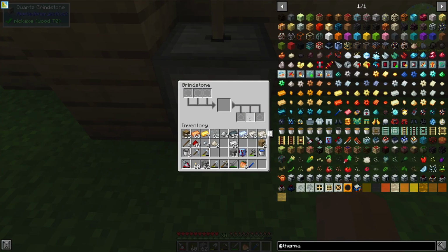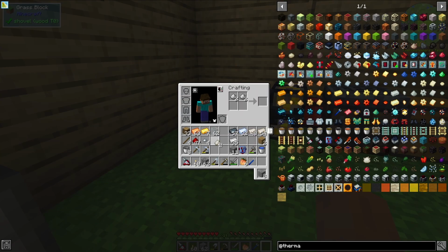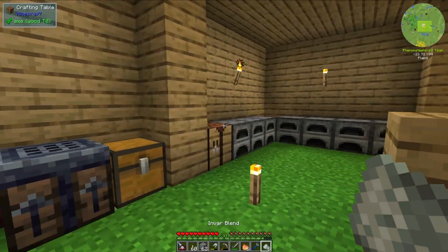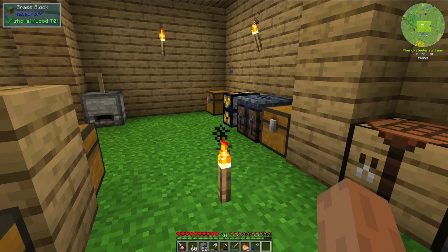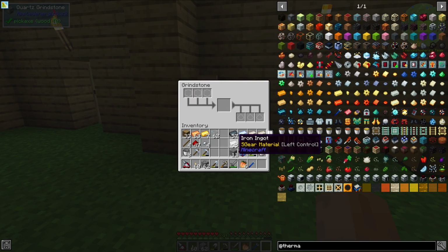And then I will need to smelt this up once I combine it. So the recipe is this right here. That'll give me 6 Invar blend, and I do need to smelt this up. So let's throw this in here. And while that's going, I'm actually going to work on a little bit more. So...